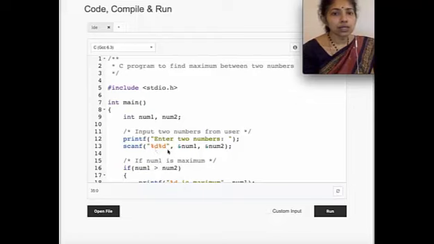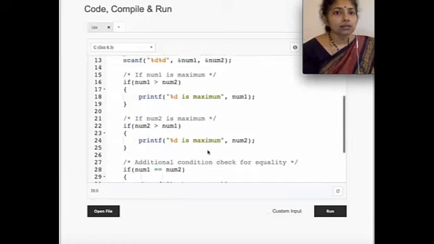D stands for integer. This is the control string for formatting, and this is the address operator, ampersand num1 is the variable name, comma, followed by the address operator and num2. That means whatever values we enter through the keyboard will be stored in the addresses of num1 and num2 respectively.